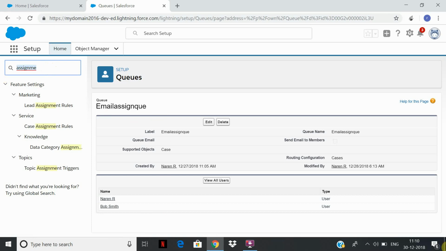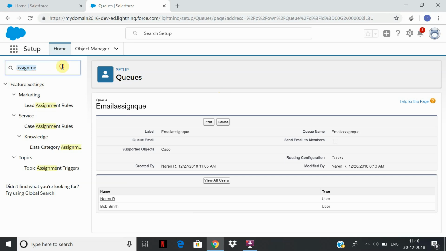Earlier, we could see the cases assigned through the queue in the previous video by selecting a list view for records from that queue, and it would show us the records assigned to that queue. But here we are going to automate this, where I'll get automatic notifications about a queue addition, and I'll be able to work on it. So let's work on that.